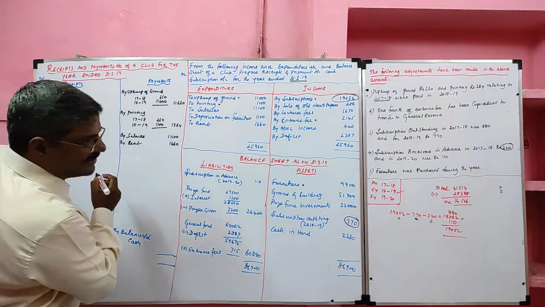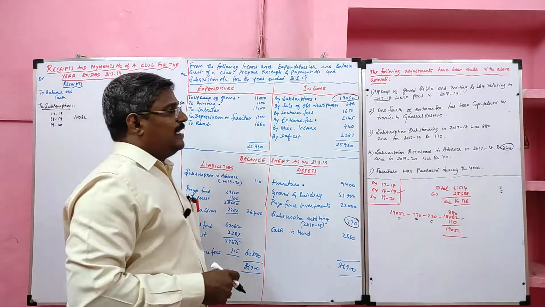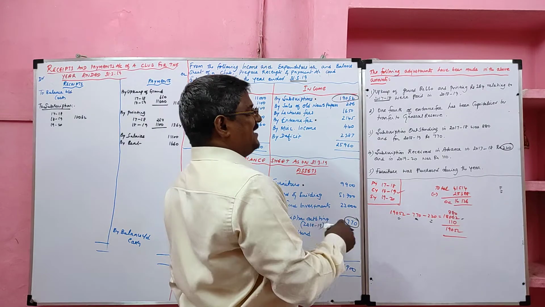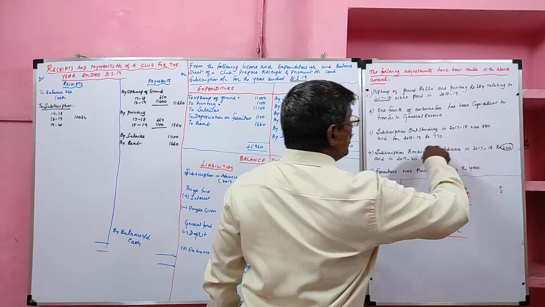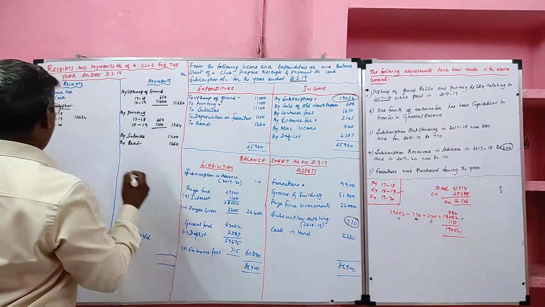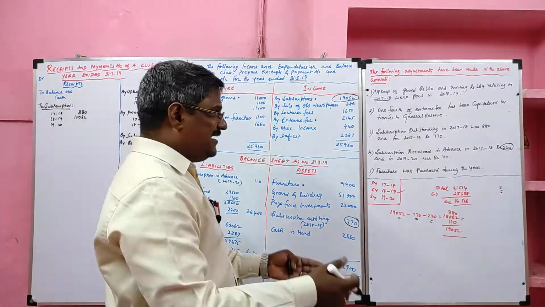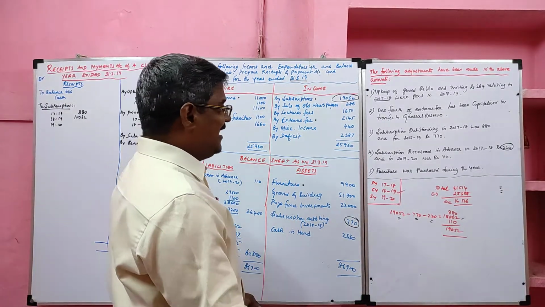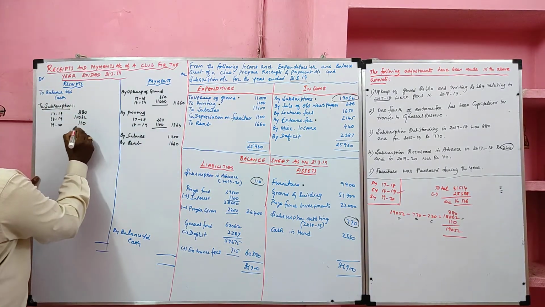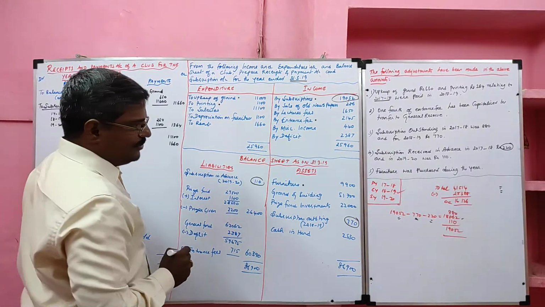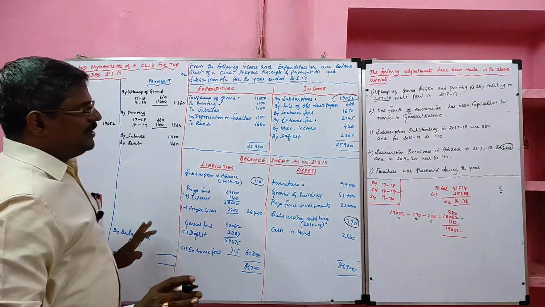That is current year subscription, current year received: 18,062. Then last year subscription, current year received. Subscription outstanding in previous year 2017-18 was rupees 880. So last year subscription, current year received is 880. Then subscription received in advance, that is, in the current year we received subscription for the next year. That value appears in the liability side. How much? 110. So total value is 19,052. So subscription work is completed.